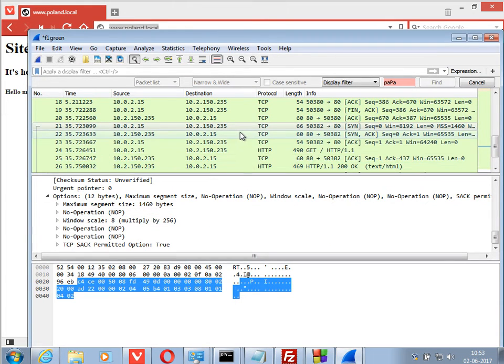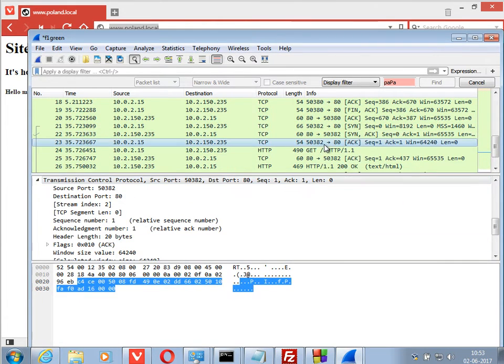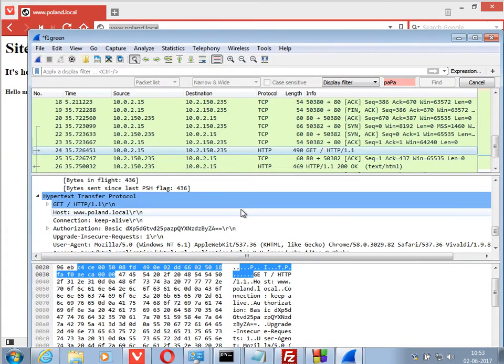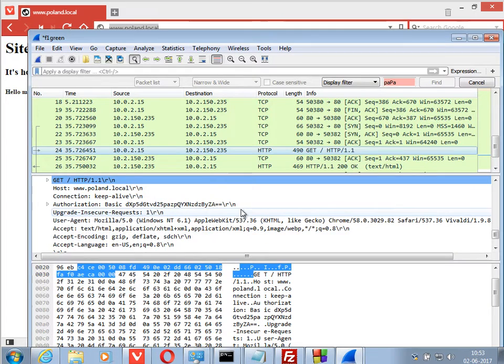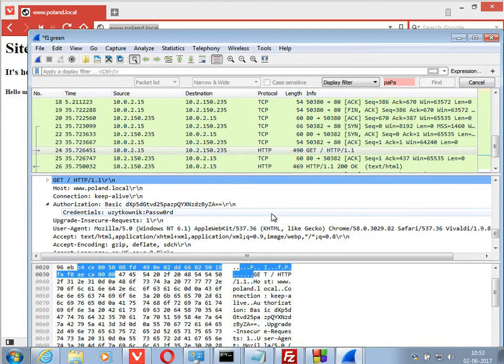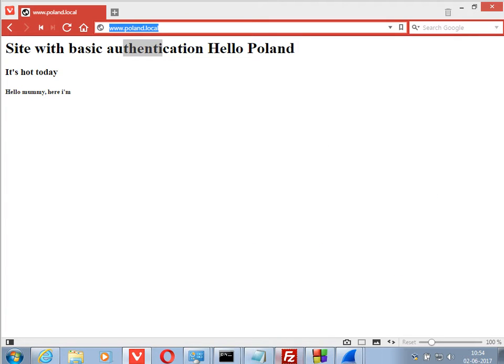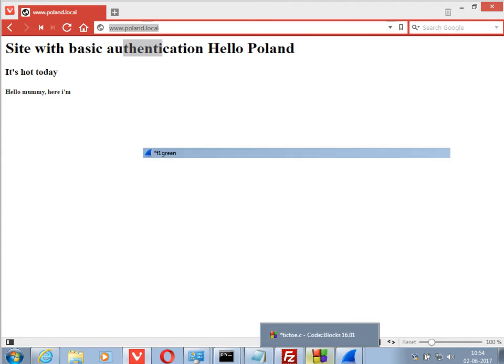Then you'll get a SYN, acknowledge, and then you'll get a GET, and this is the first time. GET authorization basic. Here it is. Okay, so here we can capture the username and the password. So it is easy, since right now you are connected through